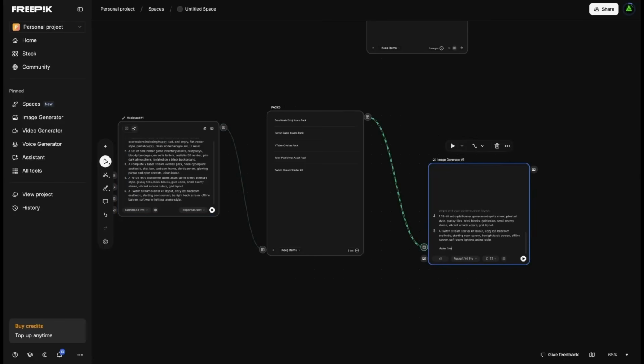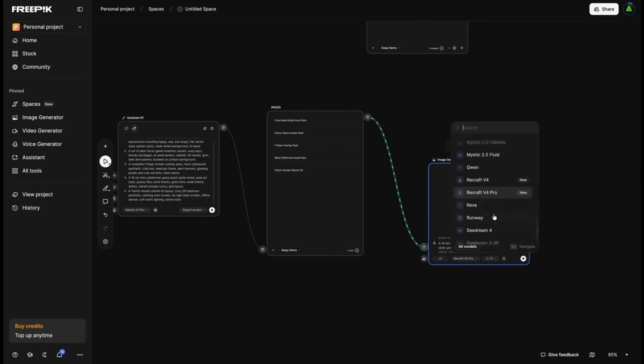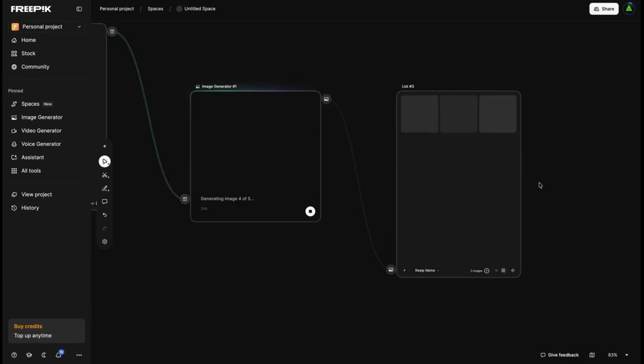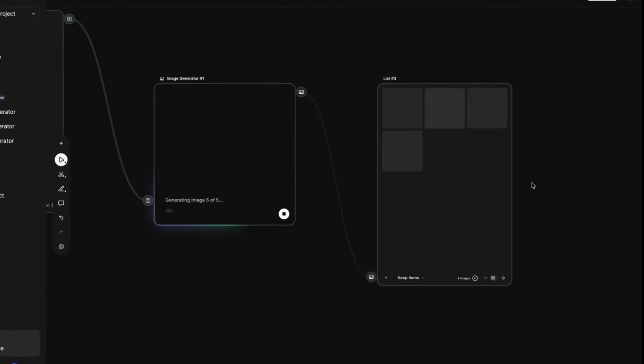The same goes for the other packs. I don't need to manually input each asset description. The workflow handles it all. After setting up the initial lists and descriptions, I added an image generation node to create product cover images for